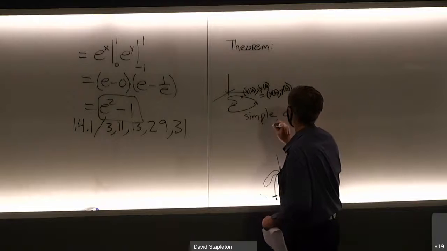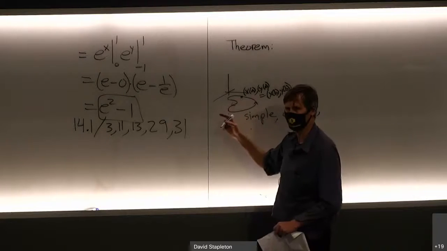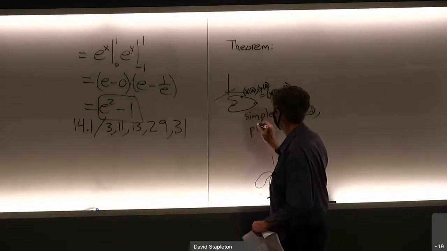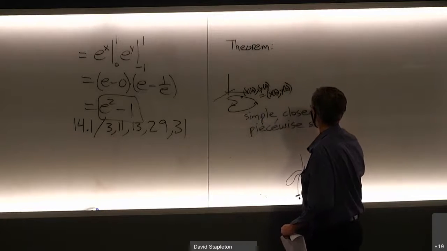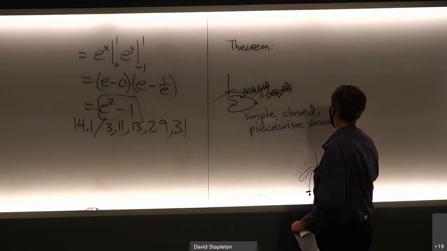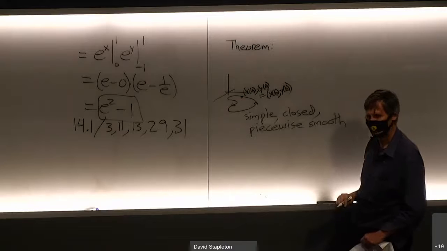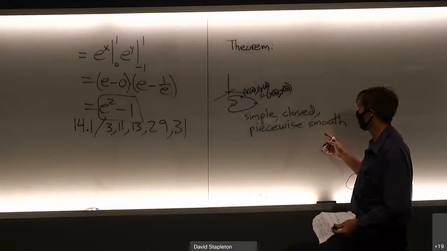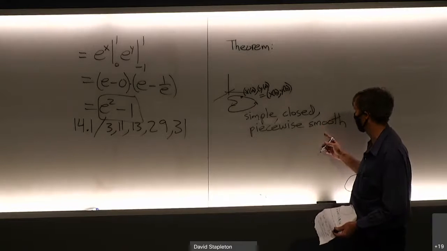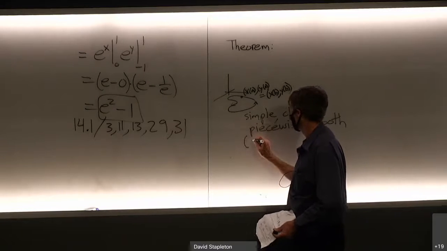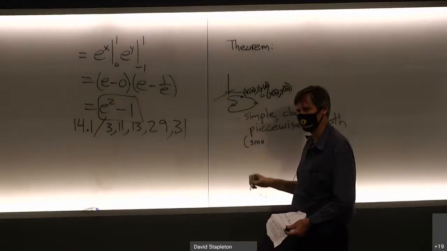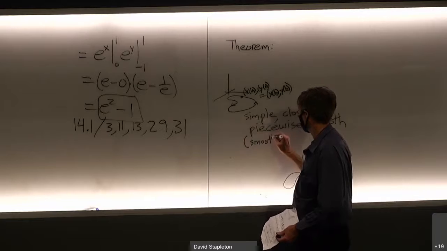and furthermore, it's piecewise. Man, I guess I am writing the theorem, huh? Piecewise. I was just going to say it, but I can't resist. Piecewise smooth. What is piecewise smooth? It means you can break it up into a finite number of pieces, each of which is a smooth curve, and then put them end to end. So these are smooth curves. Remember what smooth is? It has a continuous derivative. So curves with a continuous derivative